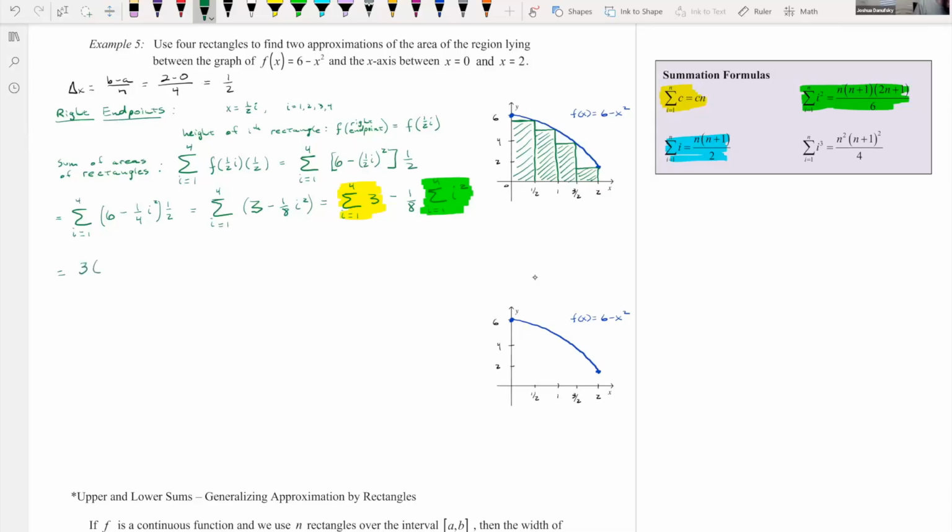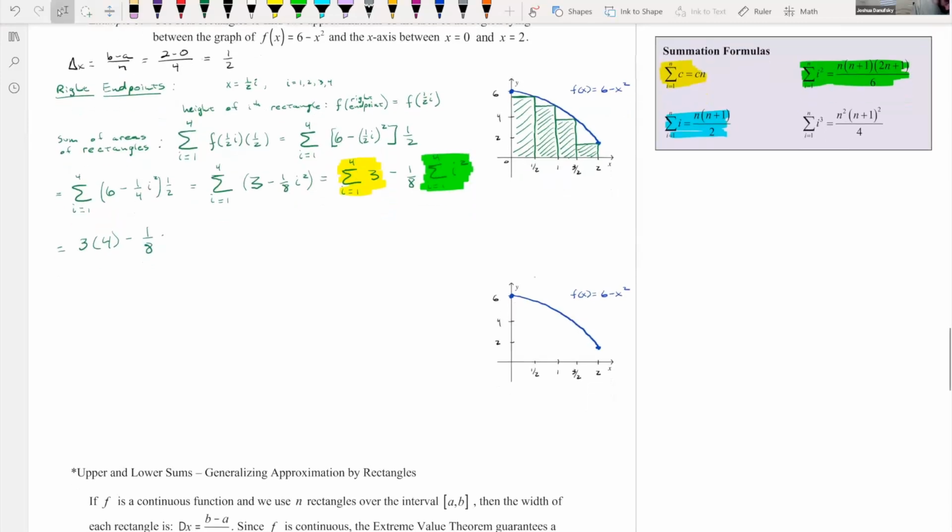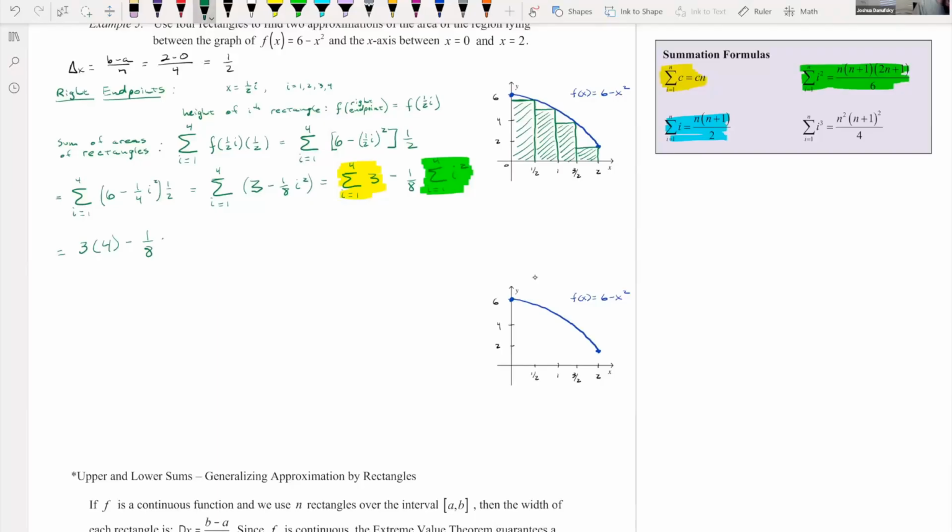So that's going to be 3 times 4 minus 1/8 times our upper bound of summation n, in this case is 4. The number of rectangles is 4. So we're going to take the green formula there in the upper right-hand corner of your screen, and we're going to put 4 in for every n. So we're going to have 4 times 4 plus 1 times 2 times 4 plus 1 all over